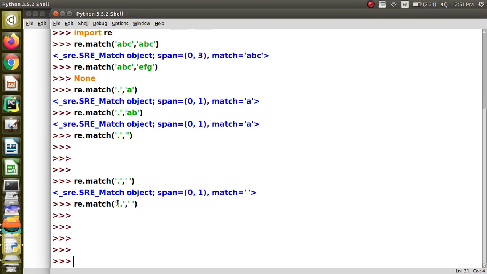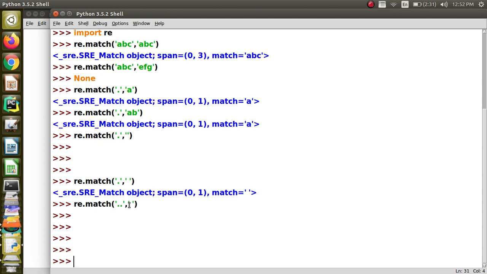When I say the regular expression, please understand, in the match function we pass two arguments. The first one is the pattern, the second one is the string where it has to find the match for the pattern. If I keep a dot, it will match with any character. So re.match of dot and a string, this dot is going to match any of the characters. This works for all strings with at least one character. It will return an object, which means true. If there are no characters at all, only then will you get false.